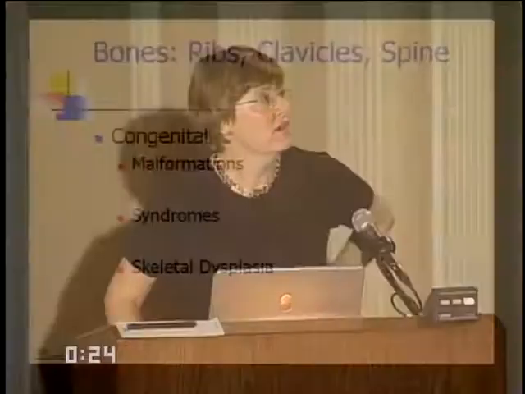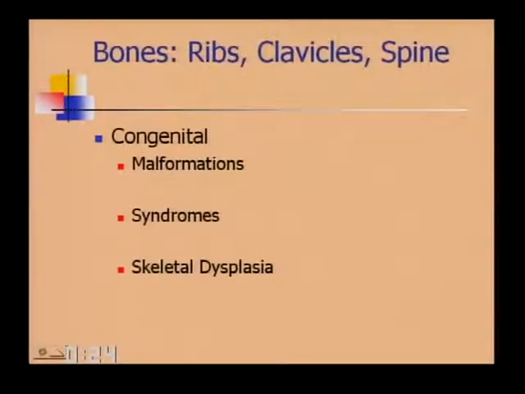When you look at a pediatric chest, it's important to remember that, especially in the very young children, you may be looking at children with malformations, syndromes, and dysplasias, especially in the very young. So you very carefully want to scan the bony structures and keep this in mind. For those of you who have never seen a double manubrial ossification center, you have one right here, and that can be a normal variant and is a normal variant in about 10% of the population,